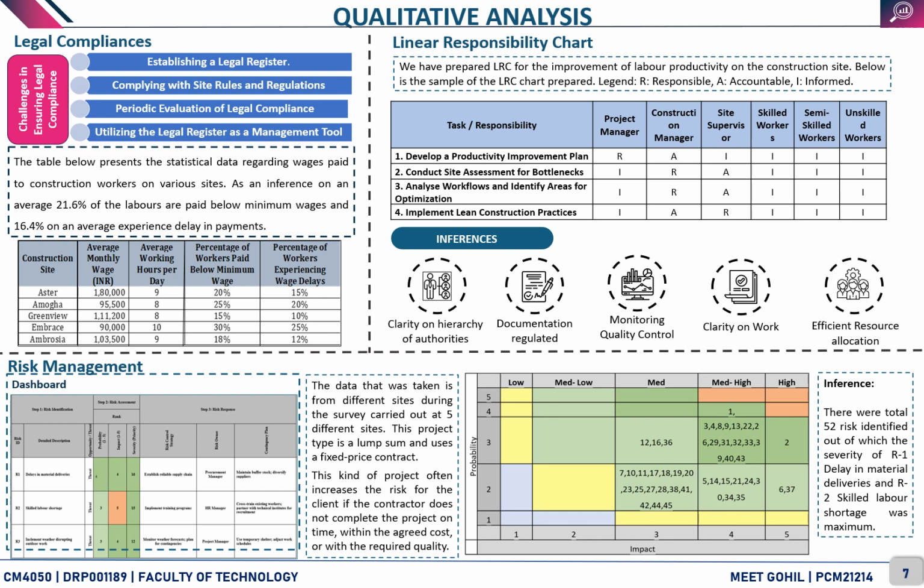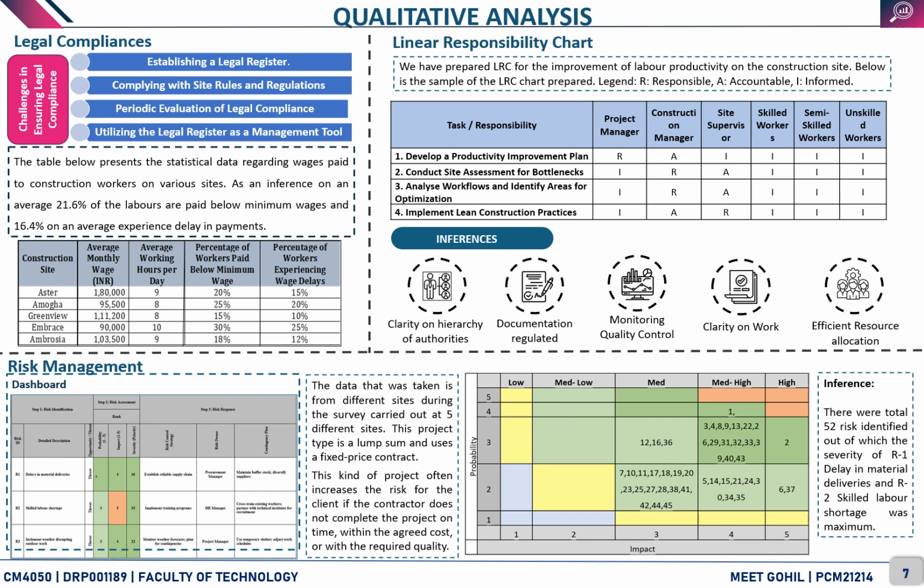Below is the sample of the linear responsibility chart prepared, where the legends are R stands for responsibility, A stands for accountability, and I stands for informed. We have developed multiple tasks and responsibilities, and we have segregated them into project manager, construction manager, site supervisor, skilled worker, semi-skilled worker, and unskilled worker, where development of productivity